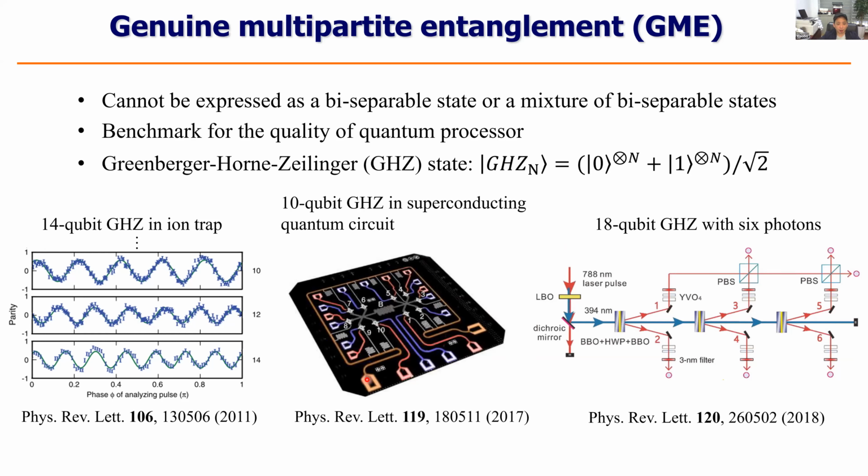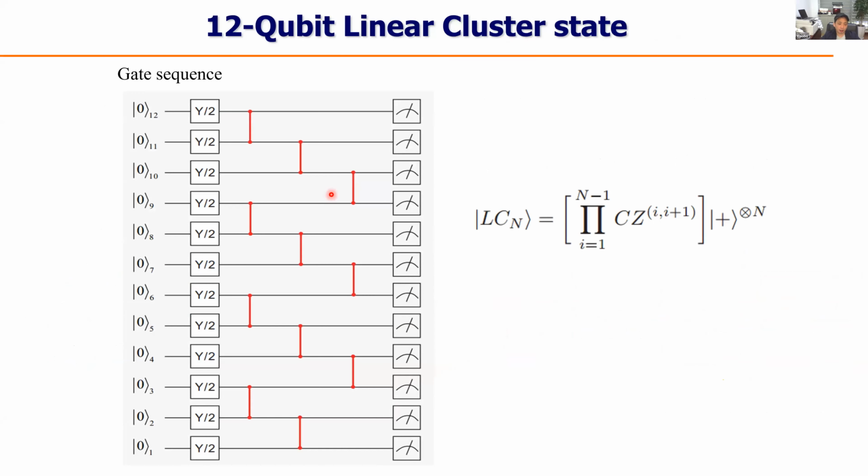But in that sample, we were not using the standard gate. What we used is a central bus. We bring all the qubits into the central bus, and all the qubits resonate together. So finally, they can go to a genuine entanglement state, the GHZ state. That's what happened in the previous sample. But now, because we already have very good single qubit and 2 qubit gates, we can use standard gates to generate the entanglement.